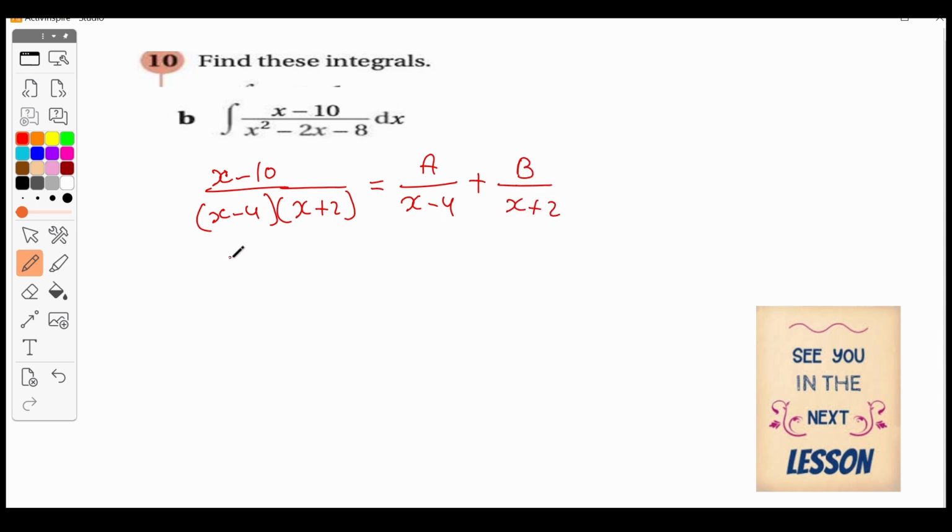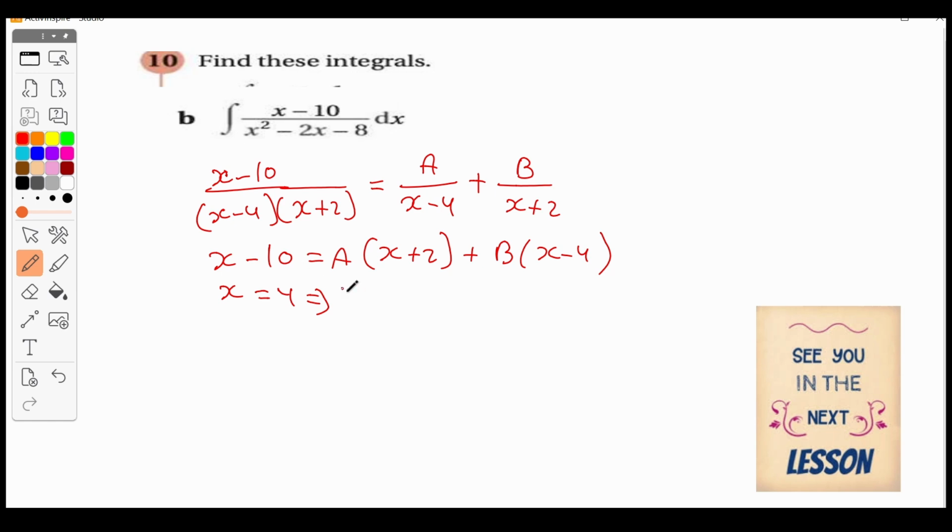Now we need to find the values of a and b. So we need to multiply the left hand side and the right hand side by this denominator. So it will be x minus 10 equals, do cross here, a times x plus 2 plus b times x minus 4. By putting x equals 4,